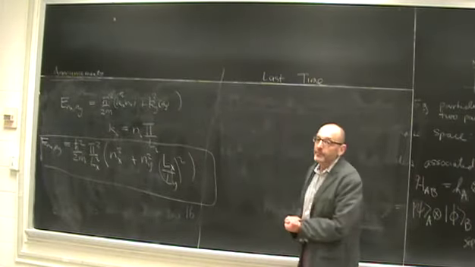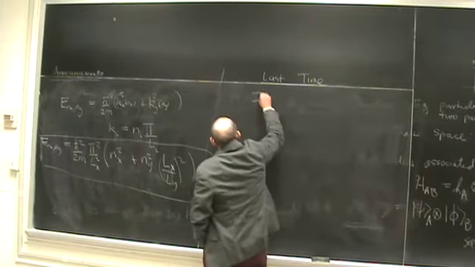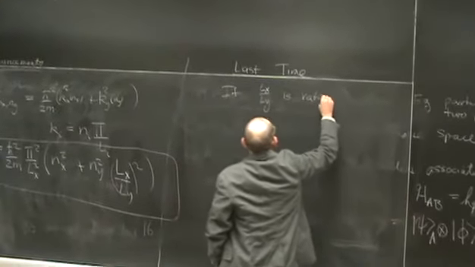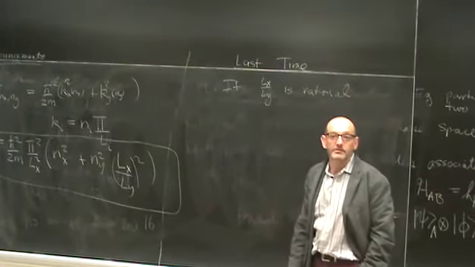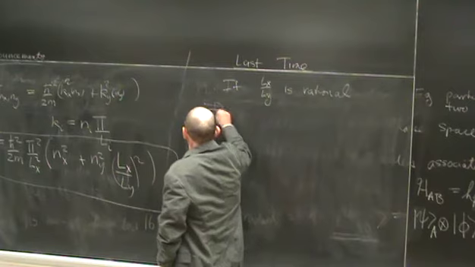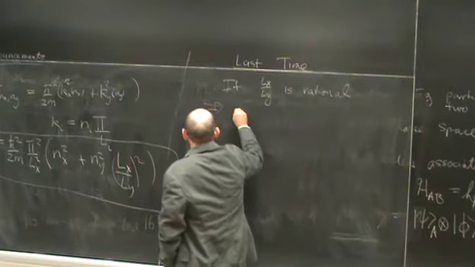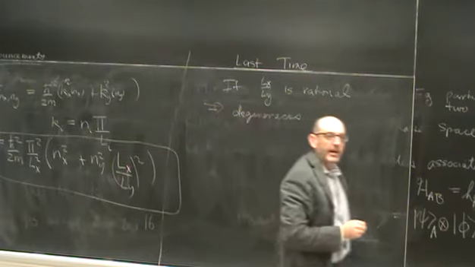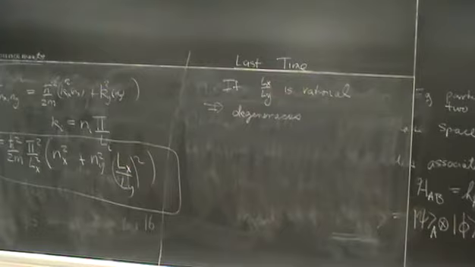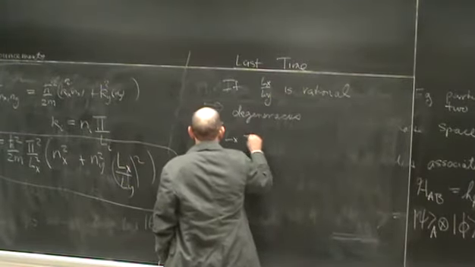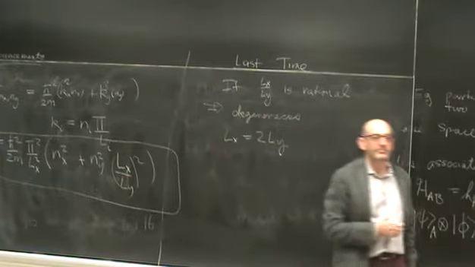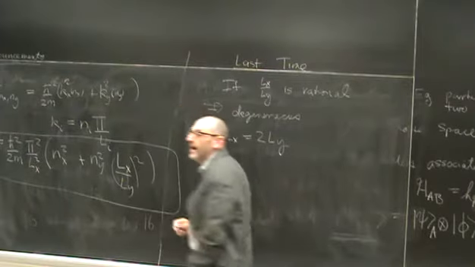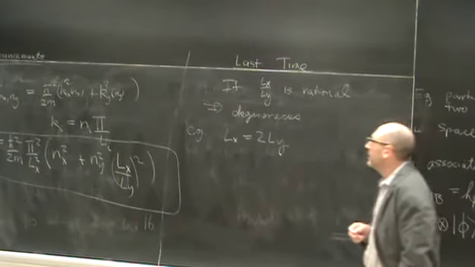So for example, if the ratio of L_x and L_y is rational, then we have degeneracies. Okay? So for example, suppose that L_x is twice L_y. Let's just suppose that were the case. I have that kind of rectangle, right? Then